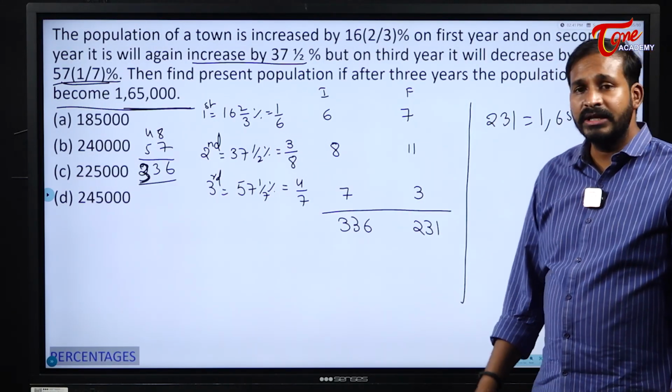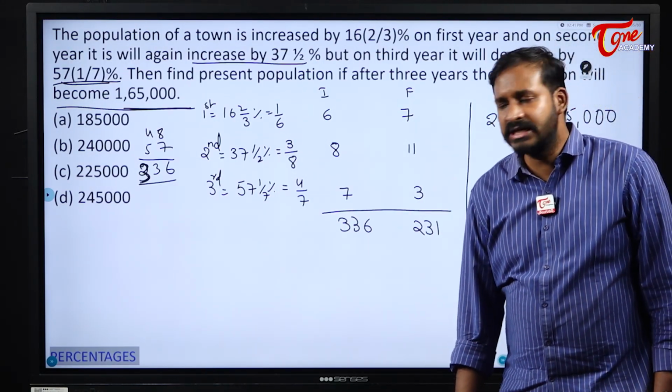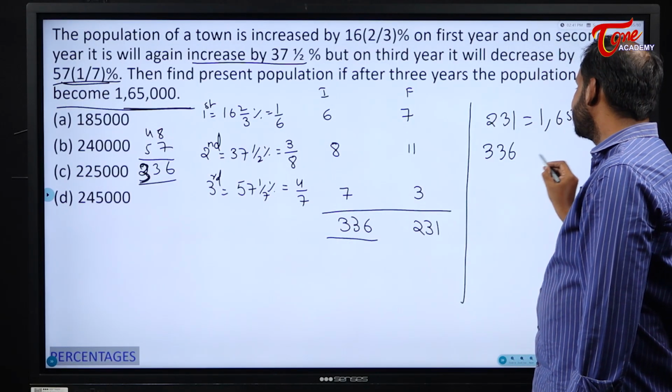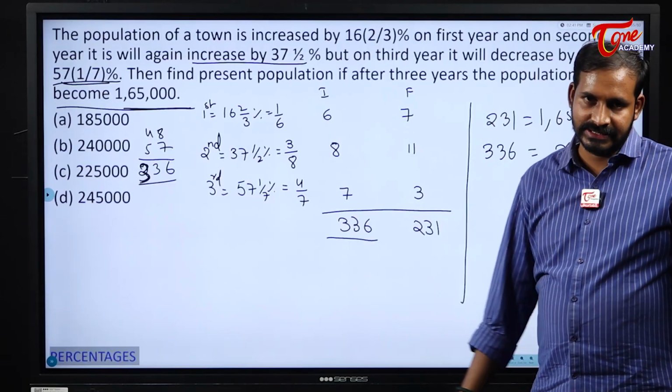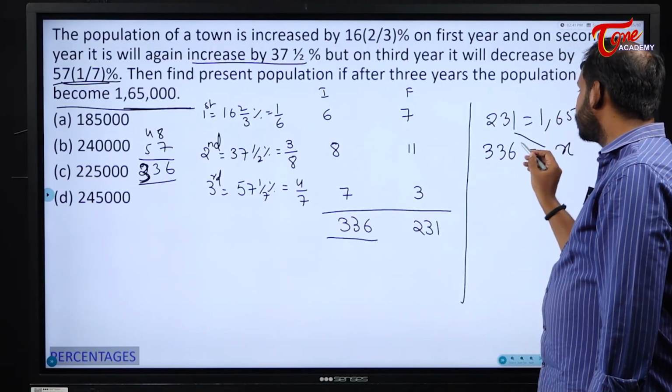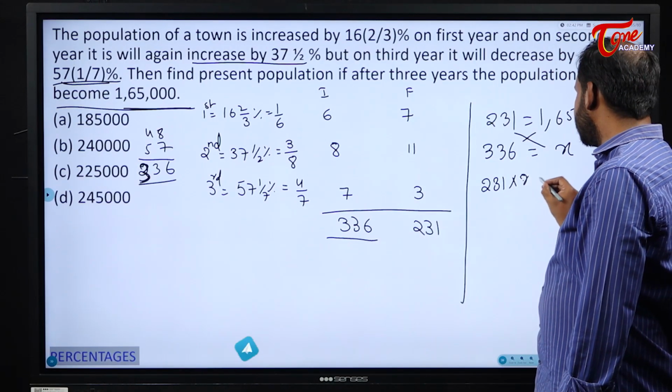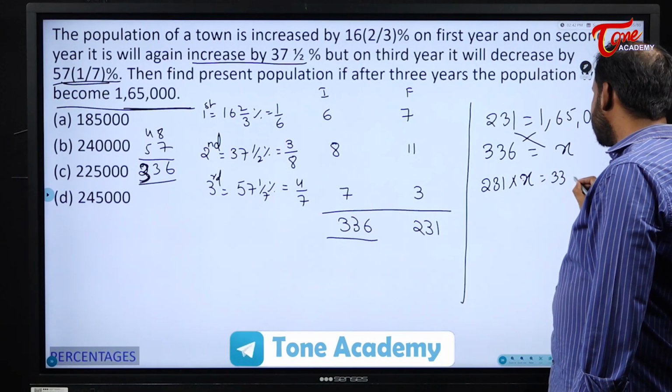1,65,000. But what are they asking us? They are asking us the present population. What is the present population we have here? 336. Assume it as some x. Simply cross multiply this. So what are you going to get here? 231 into x is equal to 336 into